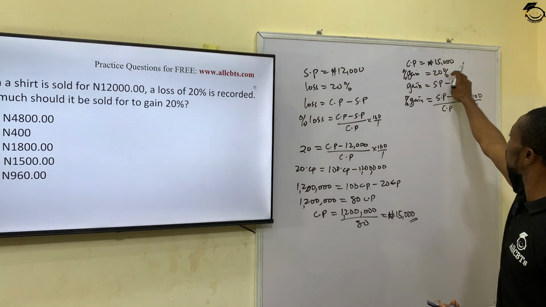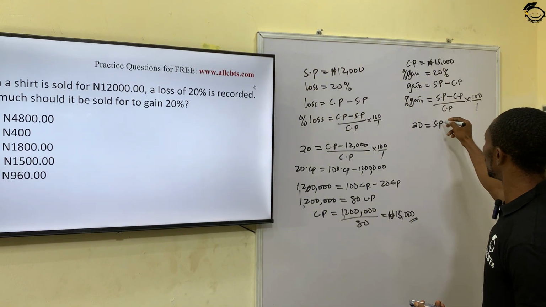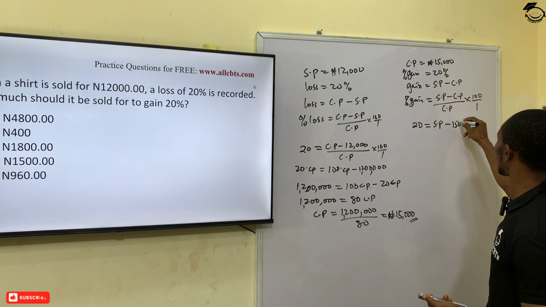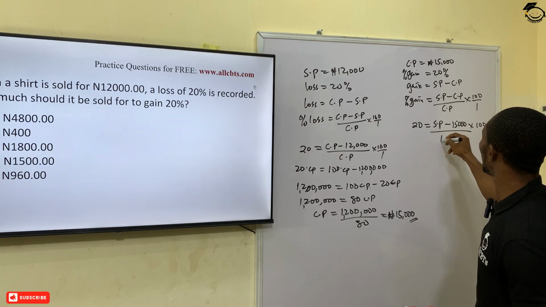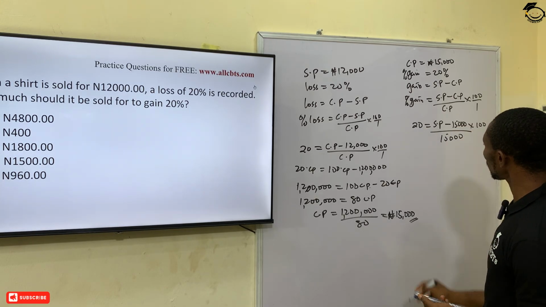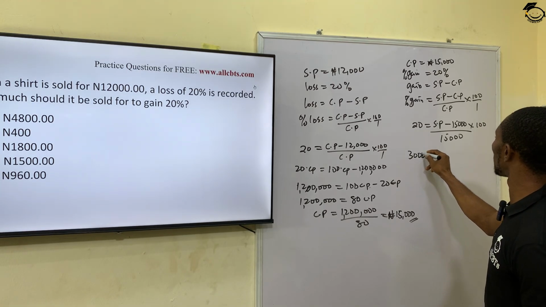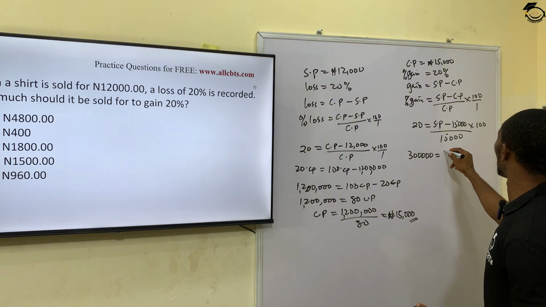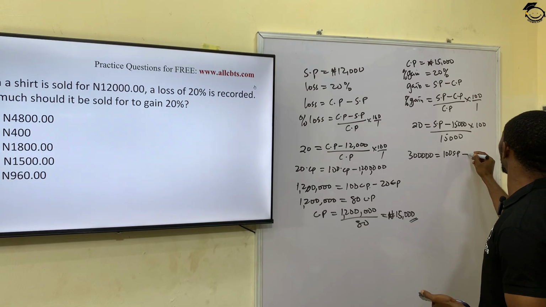Now, our gain percent is 20 equals selling price, which we are looking for, minus our cost price, which is 15,000, times 100 all over 15,000. Now, cross multiplying, this gives us 300,000 equals 100 selling price minus 1.5